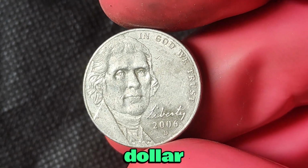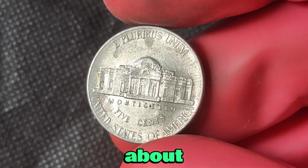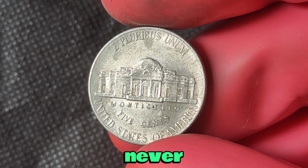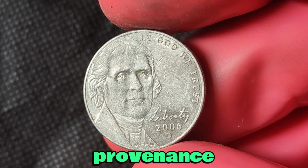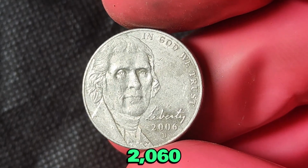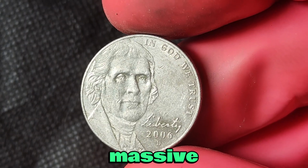But what about the million-dollar claims? There's a theory going around in collector circles and some coin blogs about a possible ultra-rare pattern coin or experimental strike from 2006 that's rumored to exist but has never been confirmed publicly. If such a coin does surface with a documented provenance, it could potentially hit that million-dollar mark at auction. But right now, let's keep it grounded. No verified 2016 nickel has sold for $1 million yet, but that doesn't mean there isn't massive value out there